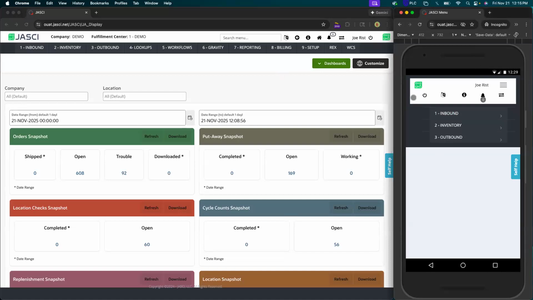Now, a full screen is going to be like your desktops, your laptops, as well as iPads. Most iPads and high functionality tablets will register as a mobile device, depending on the screen size as well as the processor. And then also for anything smaller, like small tablets, phones, RF devices, those are all going to register as mobile devices. And so not only are we going to have specific groups of menu profiles that you assign depending on what you've signed into JASCI with,